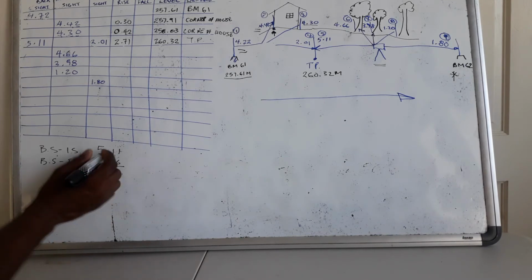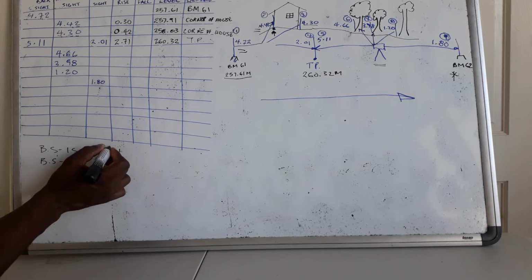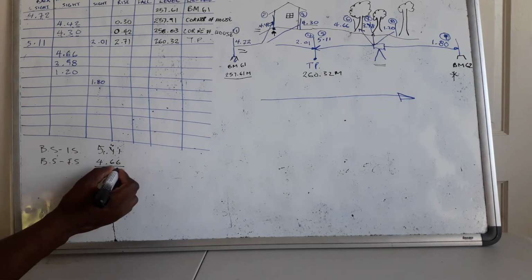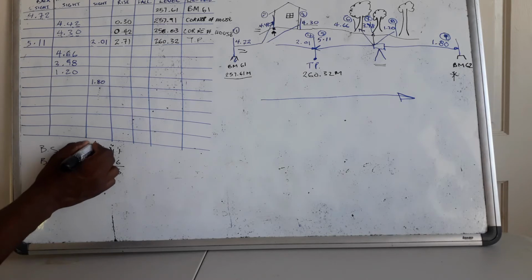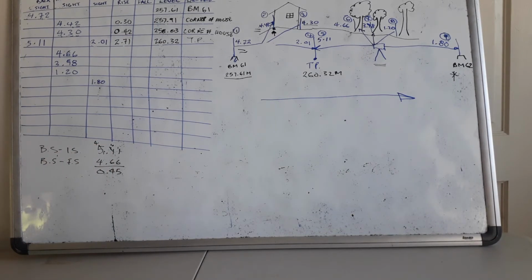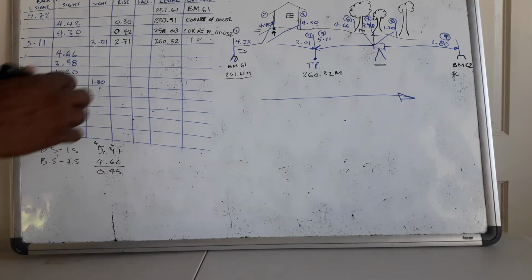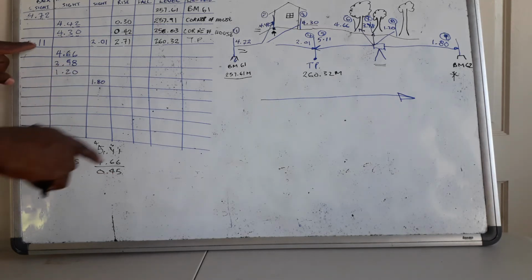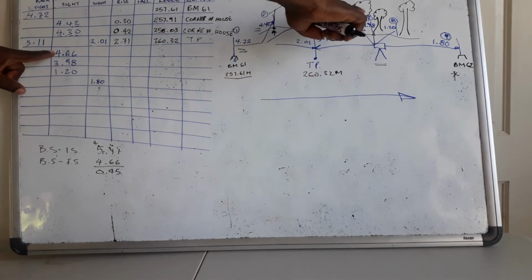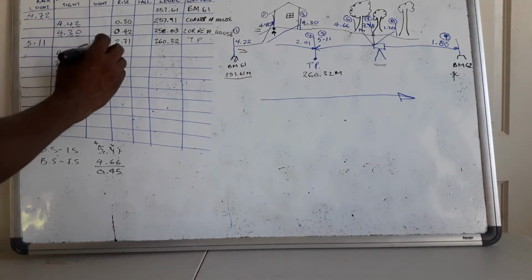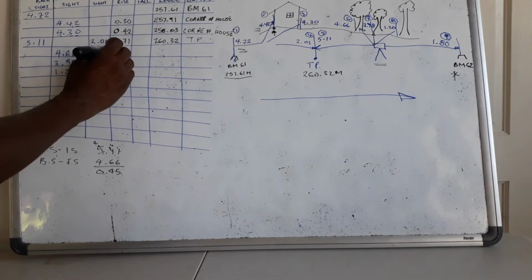4.66. Alright, so we borrow 1 from there, we'll have 11, leave 10, borrow again. So we have 5, 4.0. Alright, so we have a rise of 0.45 between our second backsight reading and our intermediate sight reading here. Alright, so we place it in our rise column,